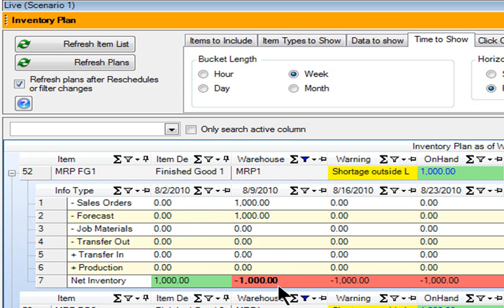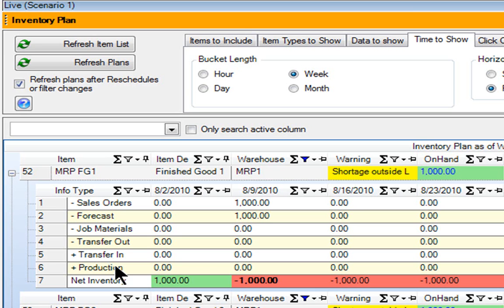The rows going across here show you the sources of your demands and supplies, so things like independent demand in the form of a sales order or a forecast have their own row. What you'll see for work in process items are those get consumed as what we call job materials, so that dependent demand that's generated as a result of trying to feed materials through the entire process is tracked too. Things in the form of supply in terms of being able to produce items or transfer them in potentially are also going to be tracked here, so you get that full time-phased inventory plan